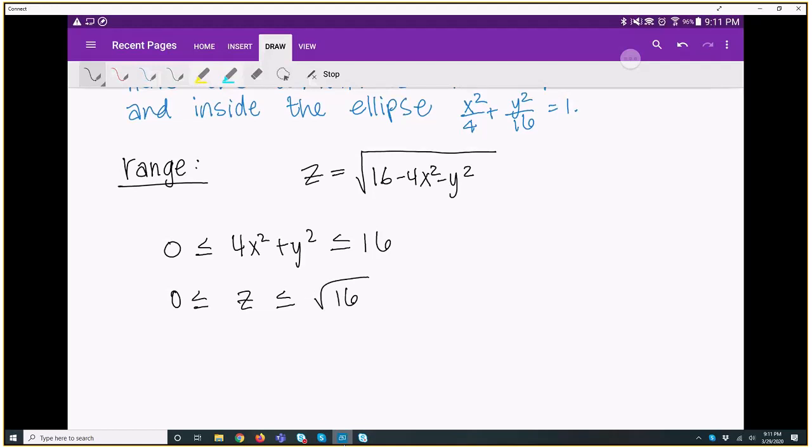Because basically, this line tells us that the most that I'm going to be subtracting from 16 is 16, and the least is 0. So if I subtract 16, then I get square root of 0, which is 0, over here on the left, and if I subtract 0, I get square root of 16 over here on the right. Okay? And we can simplify that a little bit, and we can say 0 is less than or equal to z is less than or equal to 4. And then we say, hence, the range